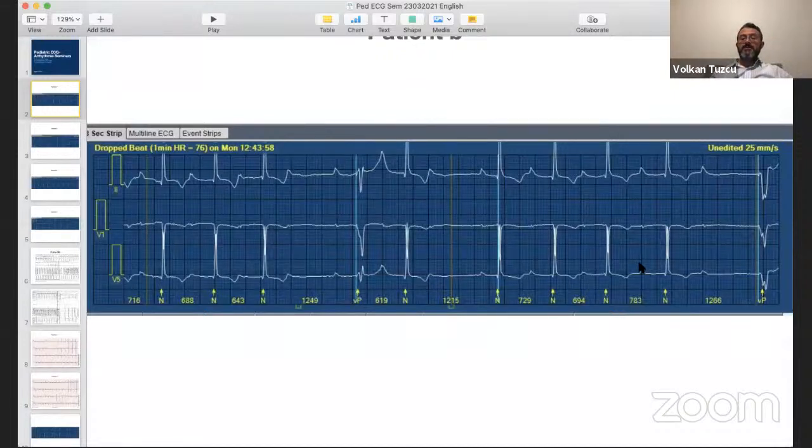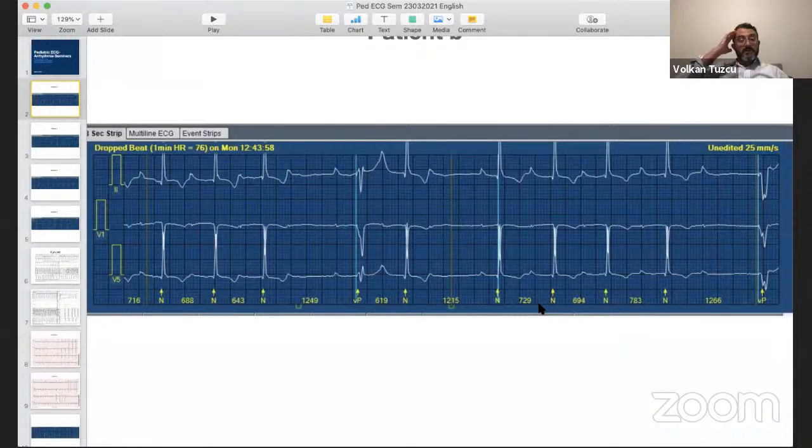So what do you think? What type of pacemaker is this? Is this a single chamber, dual chamber, a CRT, atrial, ventricular? Any idea? So is it DDD, VVI? Okay. Dual chamber. Okay. I think really the main question here, obviously it's not an atrial pacemaker, is whether this is a ventricular pacemaker, like ventricular pacing only, or a dual chamber pacemaker, right?